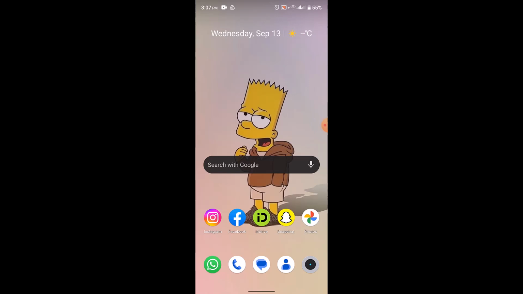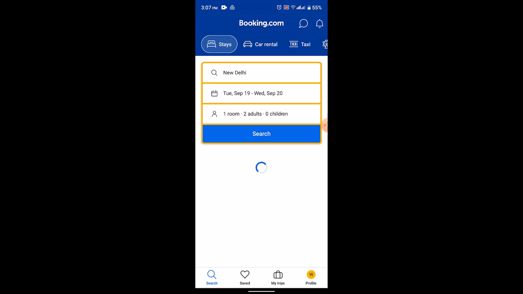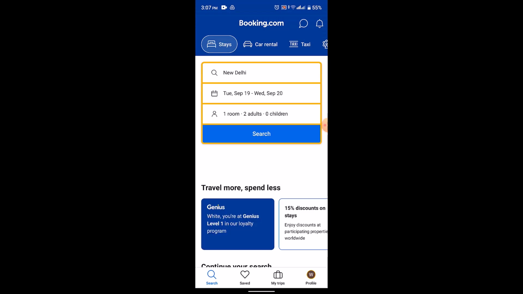In today's video, I'm going to walk you through the steps on how you can change currency in booking.com. So in order to change currency on booking.com, it's pretty simple. First of all, you need to open up your booking.com application. So whenever you're making a reservation, if you see a currency type or if you want to change your currency